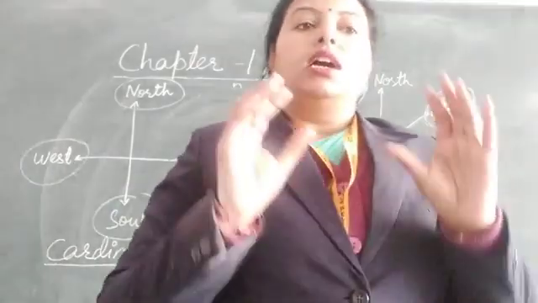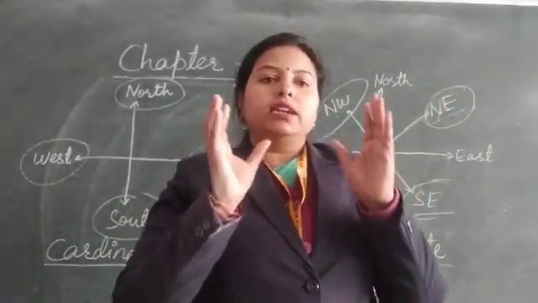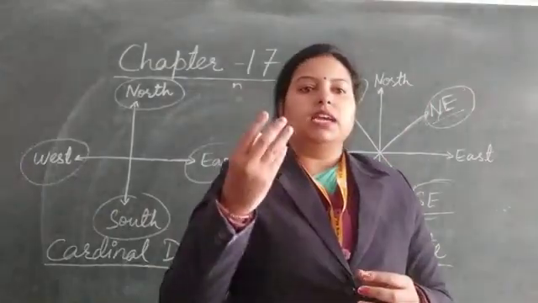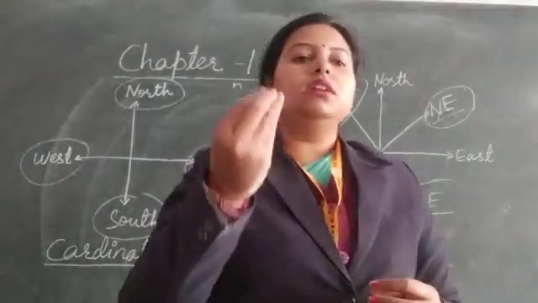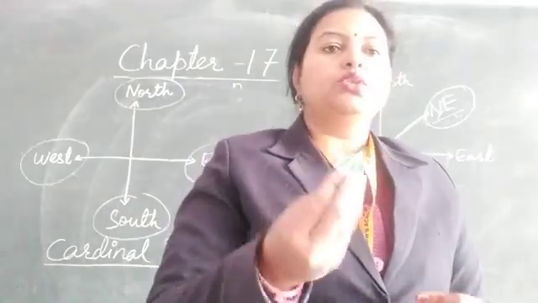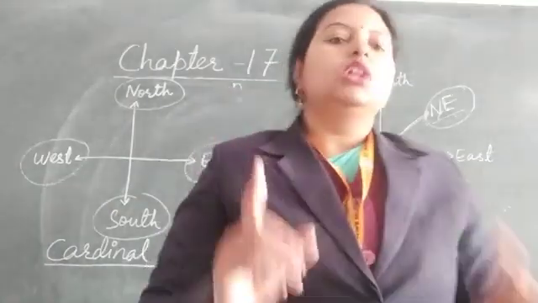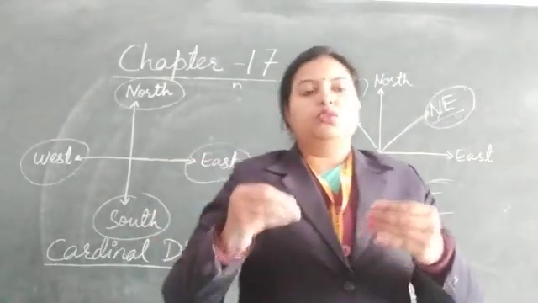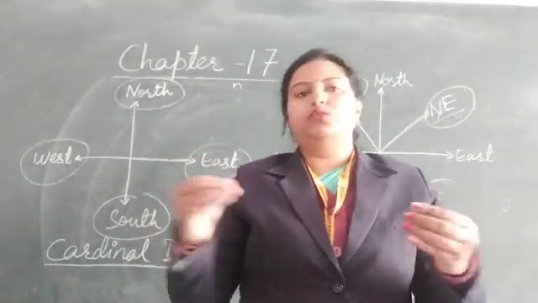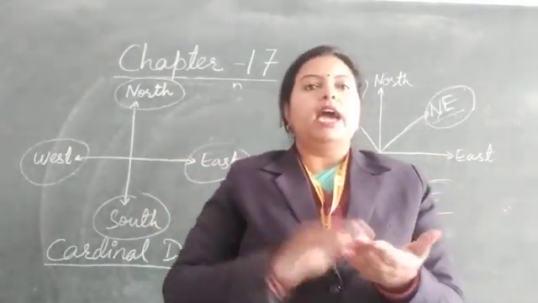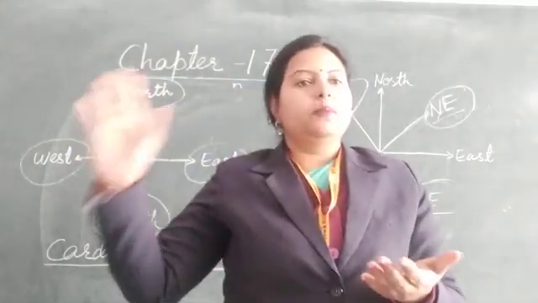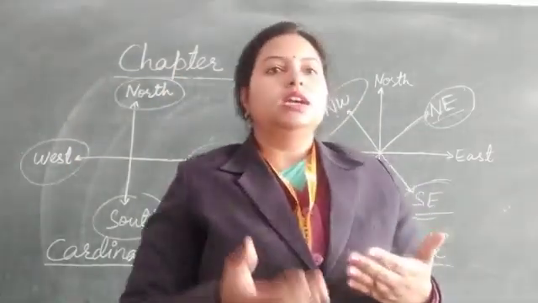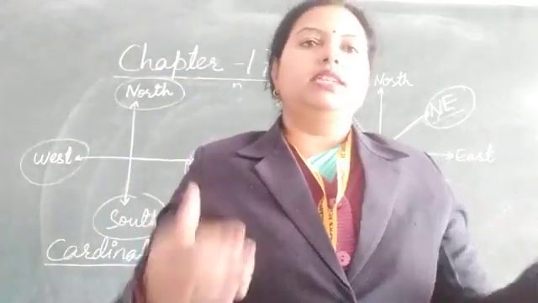Students, there is an instrument called a compass. A compass is an instrument with a magnetized pointer to show the direction of the magnetic north pole. If you are in any place and you don't know the direction of that place, you can use a compass and it will show you the north direction. By that you can understand which way is east, west and south.